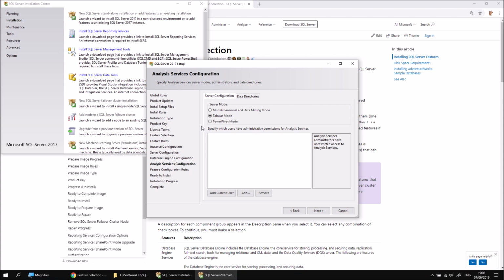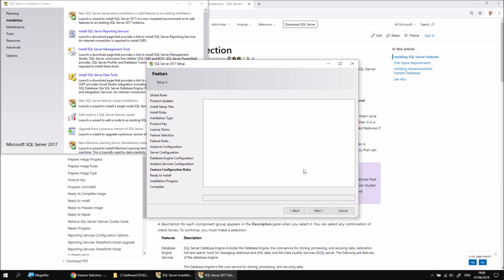There are three different modes for analysis services: multi-dimensional, tabular, and power pivot. We mainly run courses these days using tabular mode, so that's the type I'm going to go for here. Again, I'll need to choose to add a user to act as an administrator for the analysis services server, so the simplest thing to do is once again click Add Current User to add myself. And again, once I've done that, I can simply click the Next button to move on to the next stage,